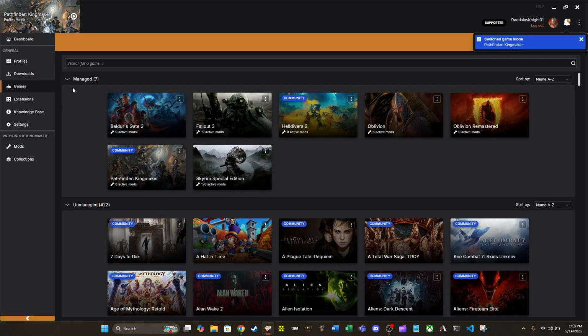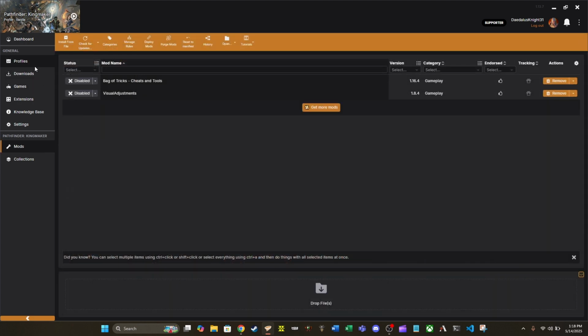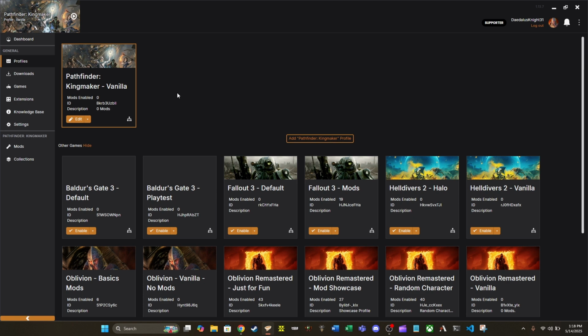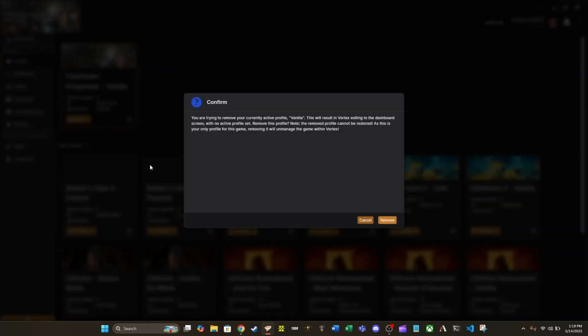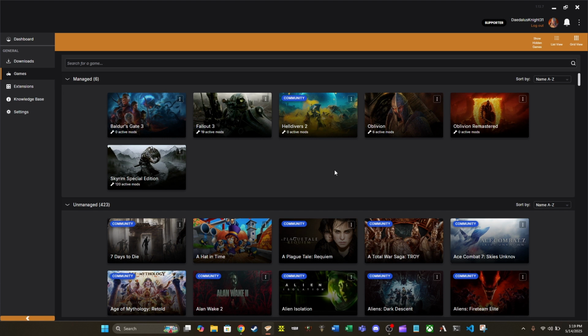We're going to pick vanilla. So as you can see here, the vanilla profile is still there, mods, it still remembers that there's nothing there, all that's good. Now, something very strange that I found as well is when you remove the last profile for a game, it's got all this messaging here, but as you can see, removing it will unmanage the game within Vortex. If you do that, you will see we're back on the dashboard, but the game itself is no longer being